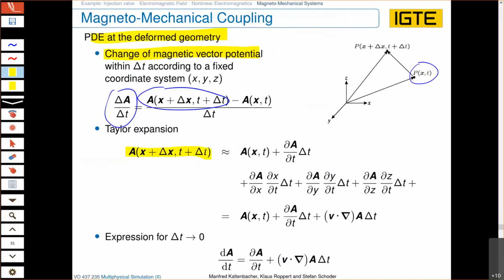Well, that means we first have to evaluate the vector potential at X and T. And then we have the first order derivatives, we have mixed derivatives, we have second order derivatives, further higher order mixed derivatives between space and time, and so on. So here is the first order derivative of the vector potential with respect to time increment delta t. What we have here is the first order derivative with respect to the x coordinate, and the x coordinate changes with respect to time. And the same for the y coordinate and for the z coordinate. And then clearly we can rewrite this, since we have the derivatives of the coordinates with respect to time. This is exactly the velocity,